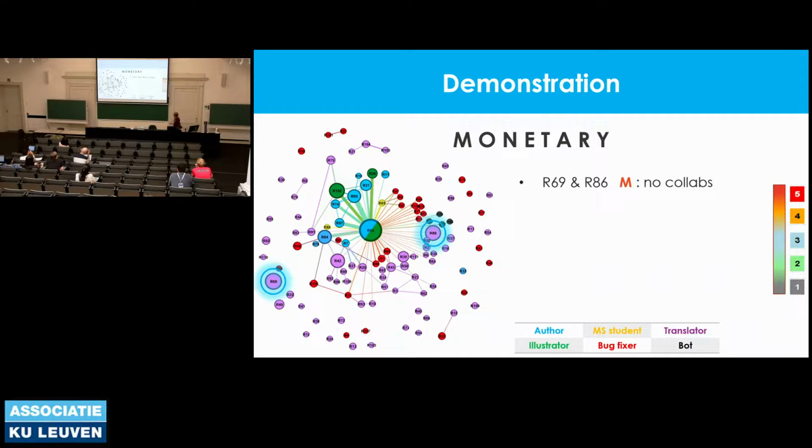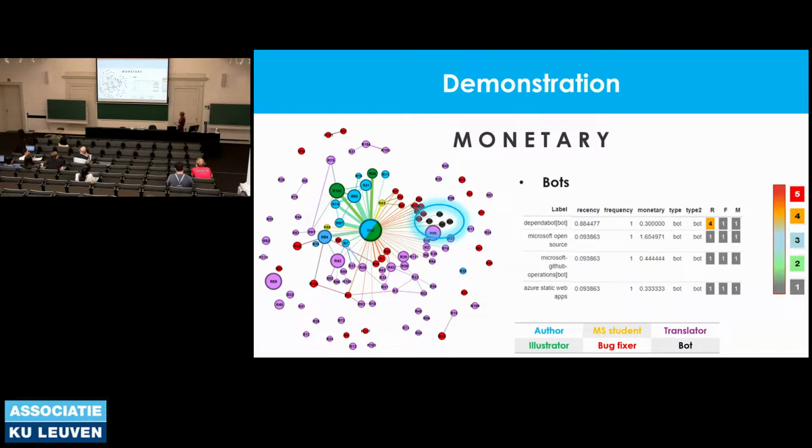Another thing you might notice is we have these 2 translators who unexpectedly have a large monetary value. So they worked on a lot of important objects, which means they translated almost all the courses. But you see, they do not collaborate with anyone, so they did it all by themselves. So it might be important to take a look at these resources and see, for example, for knowledge retention, if you lose those people, then you have no one who really knows what those objects are about anymore.